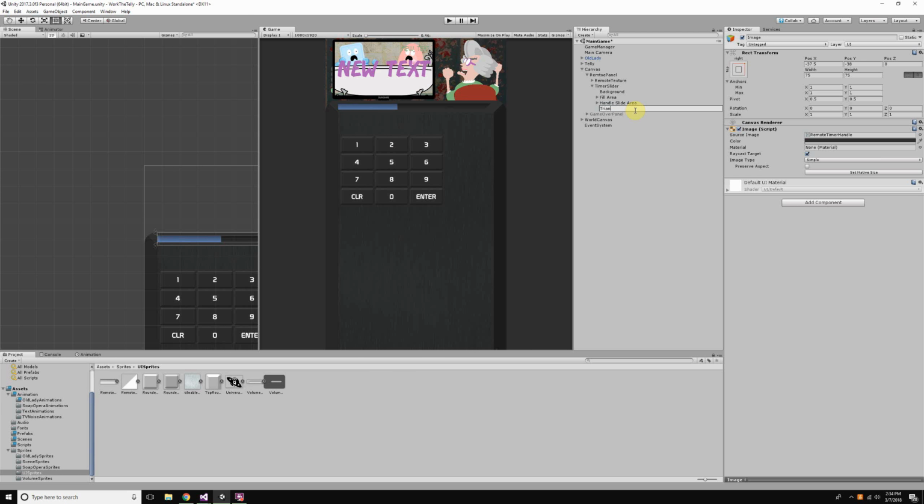I'm going to rename this triangle blocker, something like that, and I'm going to duplicate it, and I'm going to rotate it on the z-axis by 180, and then I want to anchor it to the left part, so I'll keep the width of